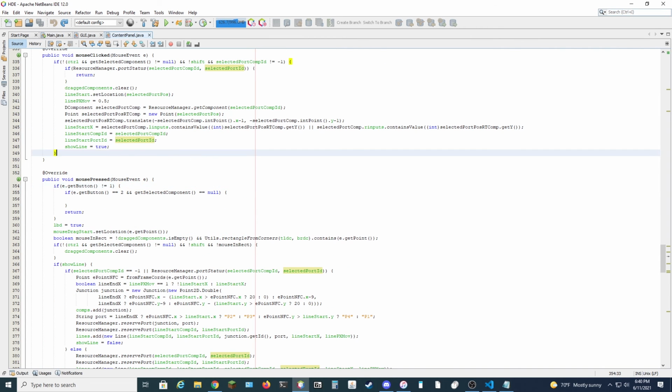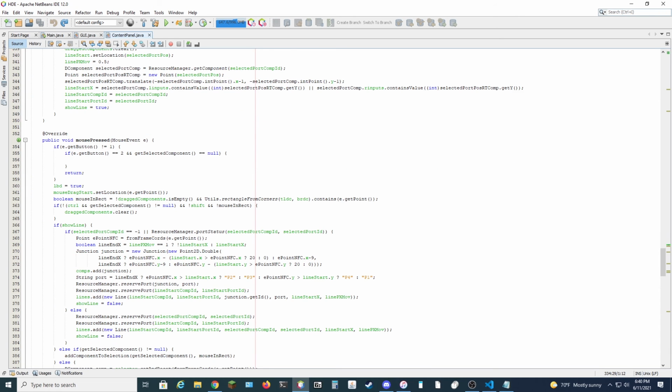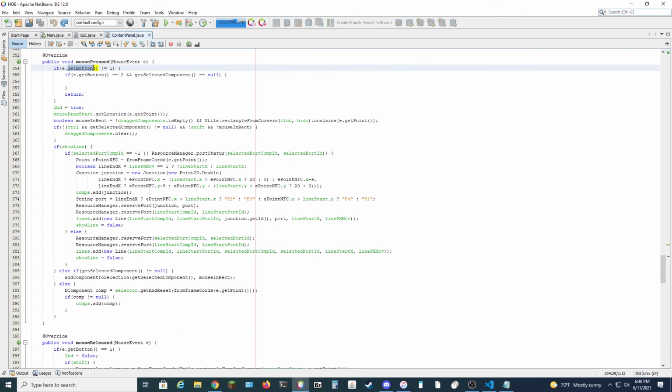just have a mouse button pressed but not released as opposed to clicked here, then we can set if e.getButton is not 1, so if we have not pressed left click, then as you can see, I have some code that I'm pretty sure I was planning on building out here, which is if we've instead right clicked and we have a component selected, so my guess is I was going to implement a property menu of some sort, then if the mouse is pressed, set the left button down to be true,